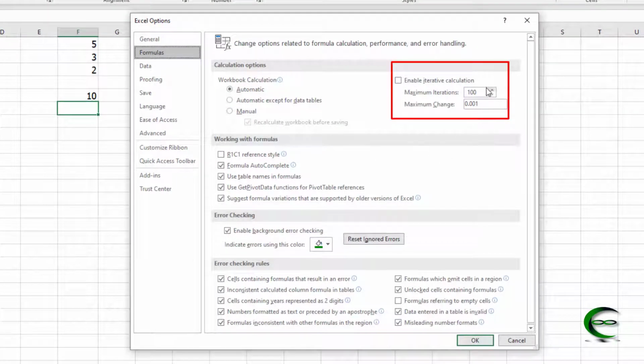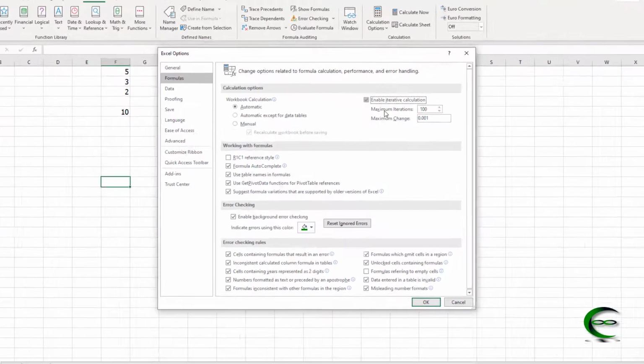This area is where you can activate iterative calculation and avoid circular reference error. Check Enable iterative calculation.